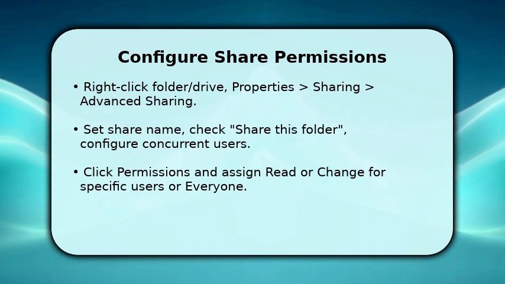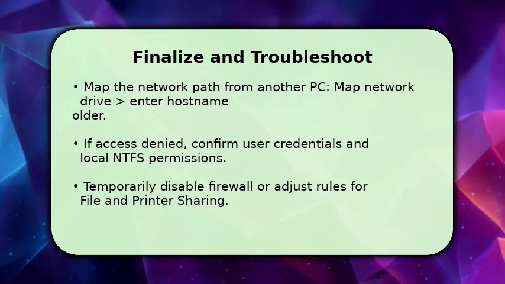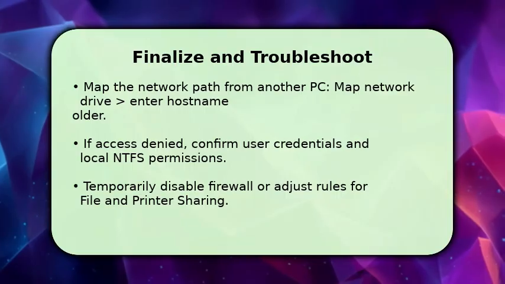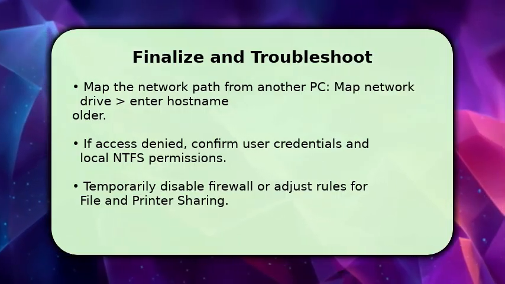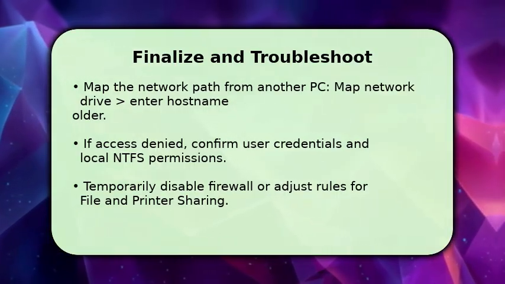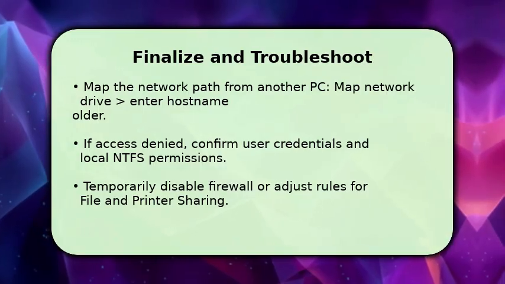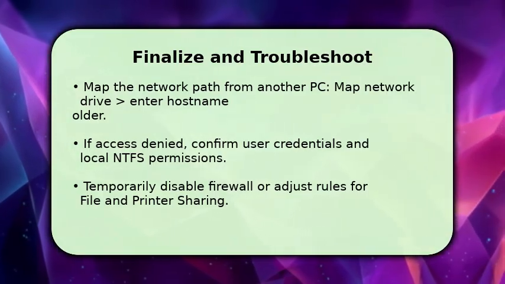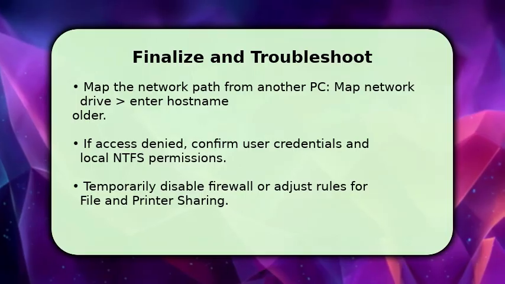Finish by testing access from a client. Press Windows+R, type the UNC path \\hostname\sharename, or map a network drive in File Explorer. If you can't connect, make sure the target account exists and you used correct credentials, and verify both share and